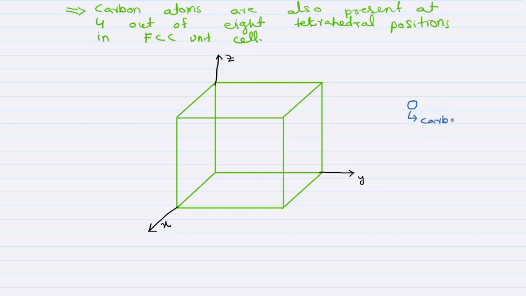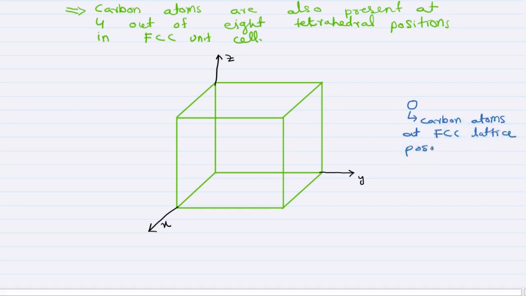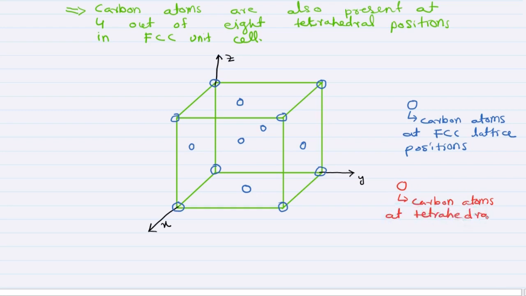If this blue circle indicates the carbon atoms at FCC lattice positions, we will have one atom at each corner and one atom at the face centers of all the 6 faces. So we have 6 face center atoms. If this red circle indicates carbon atom at tetrahedral position,